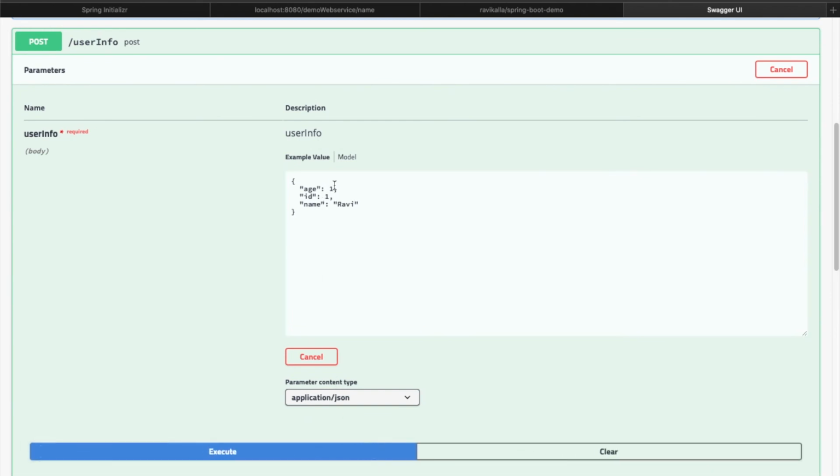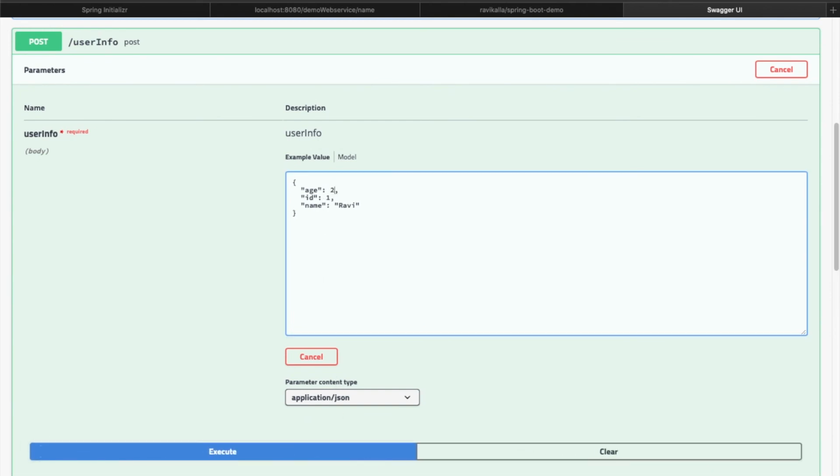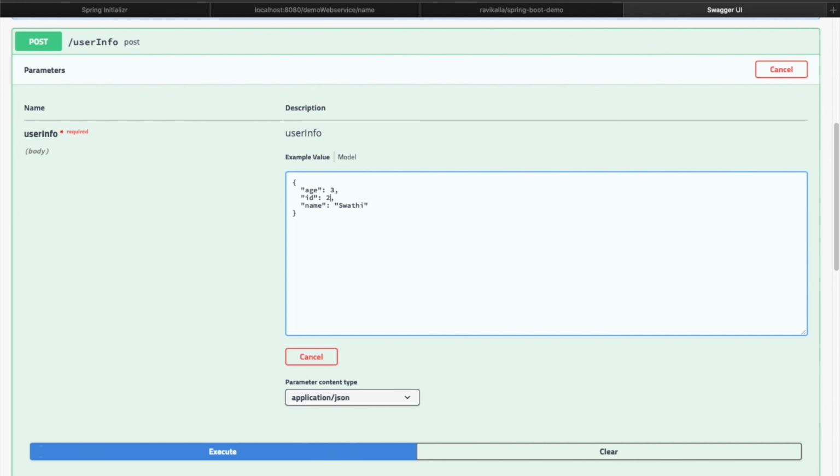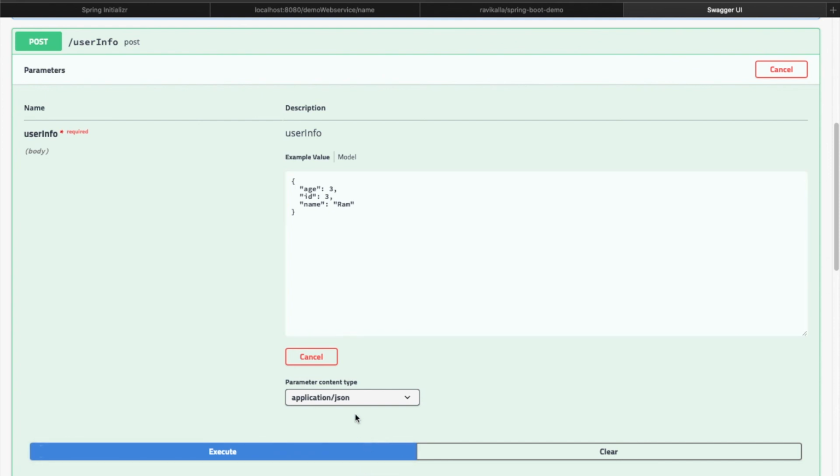Age is 2, ID is 2, execute. Age is 3, ID is 3, execute. Now let us check the database.